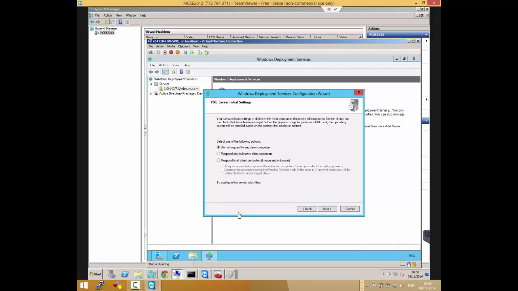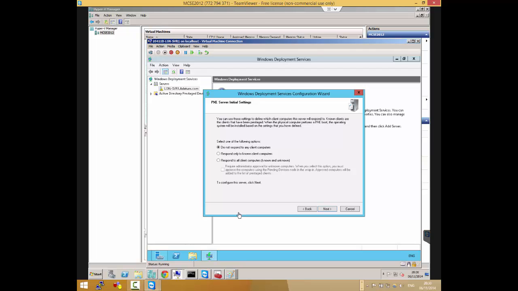So to your understanding, what do you think it means? Like known computers or unknown computers? It could be something regarding the pre-staging of computer accounts within AD. Yeah, good one. So for WDS, the known computers will be those which have already been pre-staged in AD, and the unknown ones are the others. But if you think about it though, if you pre-stage them in AD, what information do you use that WDS will use to know them?